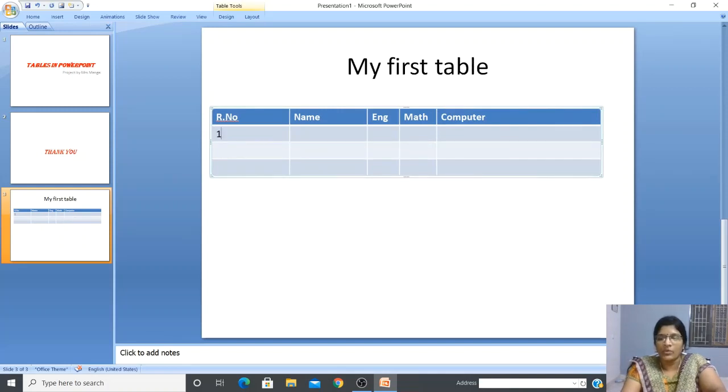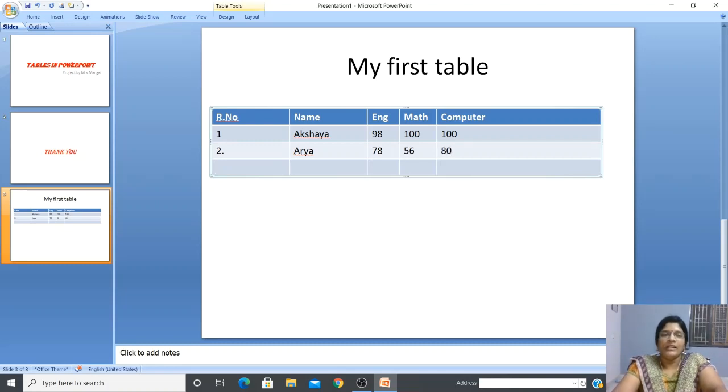Now let me write roll number 1, and roll number 1 is Akshaya. English marks is 98, then maths 100, computer also 100. Then the second student name is Arya. She got 78 in English, 56 in maths, in computer 18.